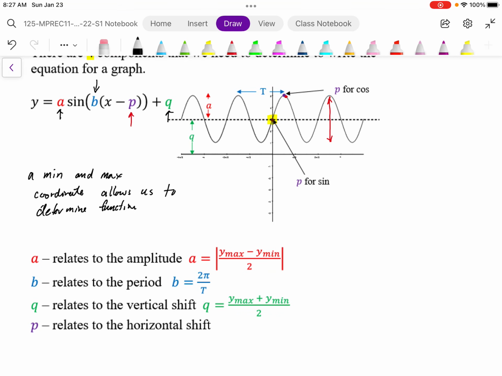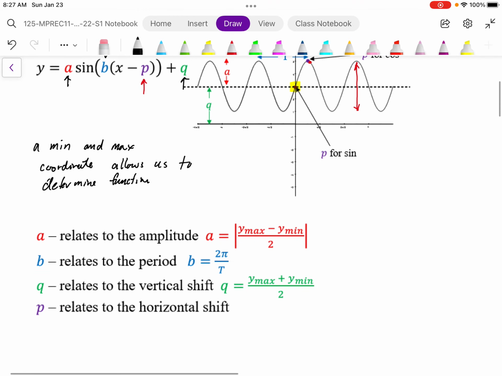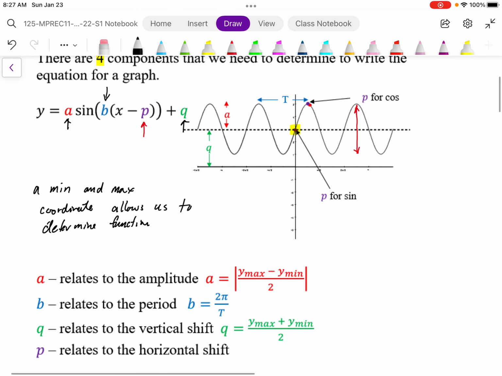Okay, so the horizontal shift for sine is going to be that middle point. The horizontal shift for cosine is going to be the max, and preferably, if we have a choice, we want to use cosine. Now, in terms of the period, we can also write a formula for period if we like. So the period T